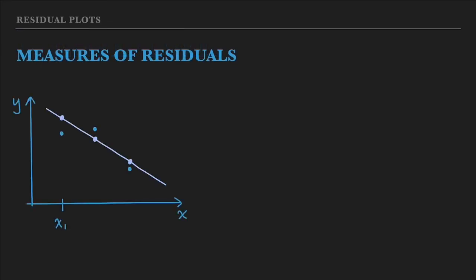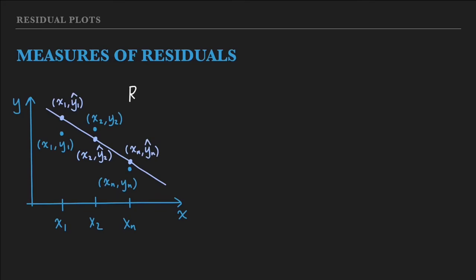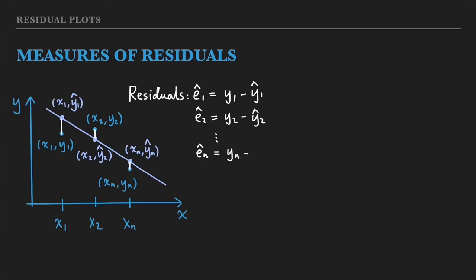Residual is the difference between the observed and the predicted values. In particular, it is the observed value minus the predicted one. In this case, y1 is the observed value, and it's smaller than the predicted value, y hat 1, so the residual is negative. For the second data, the residual would be positive, because the observed value is larger than the predicted one. Then we keep doing this operation for all points to obtain a list of residuals for this set